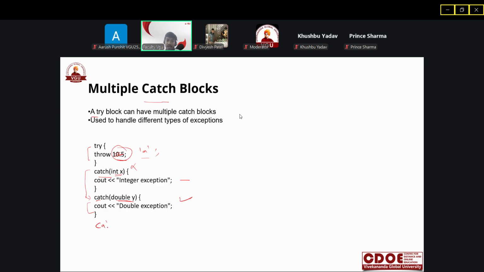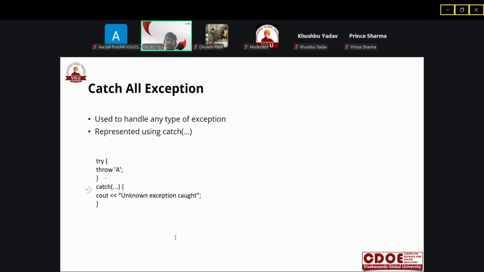We have a catch block that looks like this. This is the default catch. If the above catch blocks fail to accept the exception, this will accept all types of exceptions. So finally this catch block will be executed. If we throw any character, it will catch any kind of exception that is not accepted by the above catch blocks.